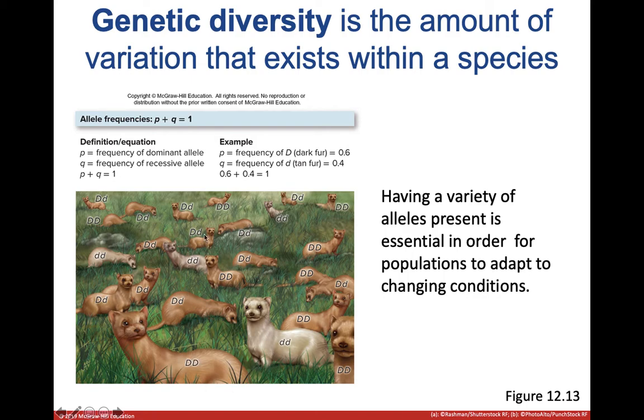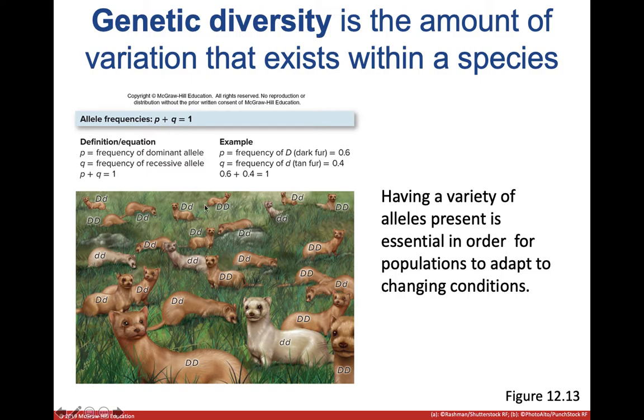Whereas in this population of weasels, there's a lot of different color weasels. You can see that here, different weasels with different genes and things like that. So maybe this guy right here with this different gene setup is going to be immune to a particular disease, where this guy would die, this guy wouldn't. So the genetic variation, the fact that they're slightly different, they're the same species, but they look different, allows some of them to survive where some of them won't, instead of everyone living or everyone dying. So genetic variation, genetic diversity in a population is something that's very important. You want a large, healthy population of organisms.